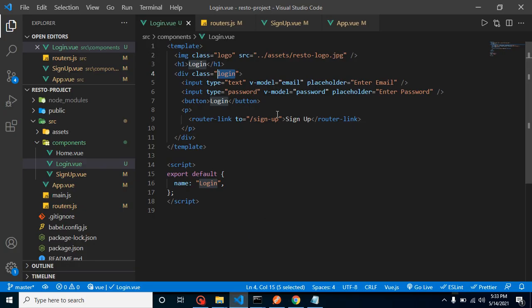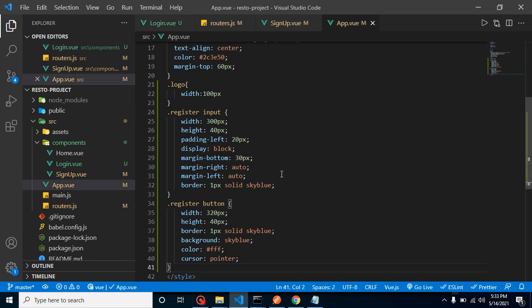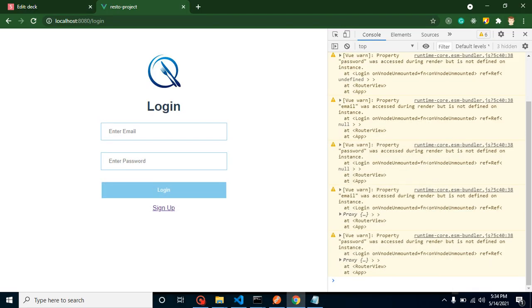So how can we handle it? For that, let's go to the app.vue and add another class, which is dot login input, right? And in a similar way we can also add dot input button, and again we will get the perfect style.